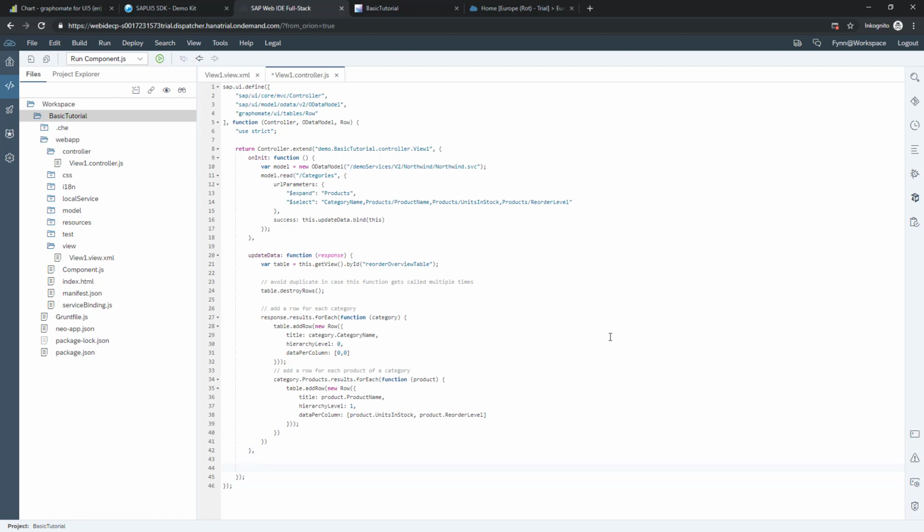So in the onAfterRendering function, we need to convert the data column's IDs to the prefixed ones by using the method byId from the view. We select the deviation column and set its measure and base column IDs to the prefixed IDs of the data columns, which we receive by using the method getID.